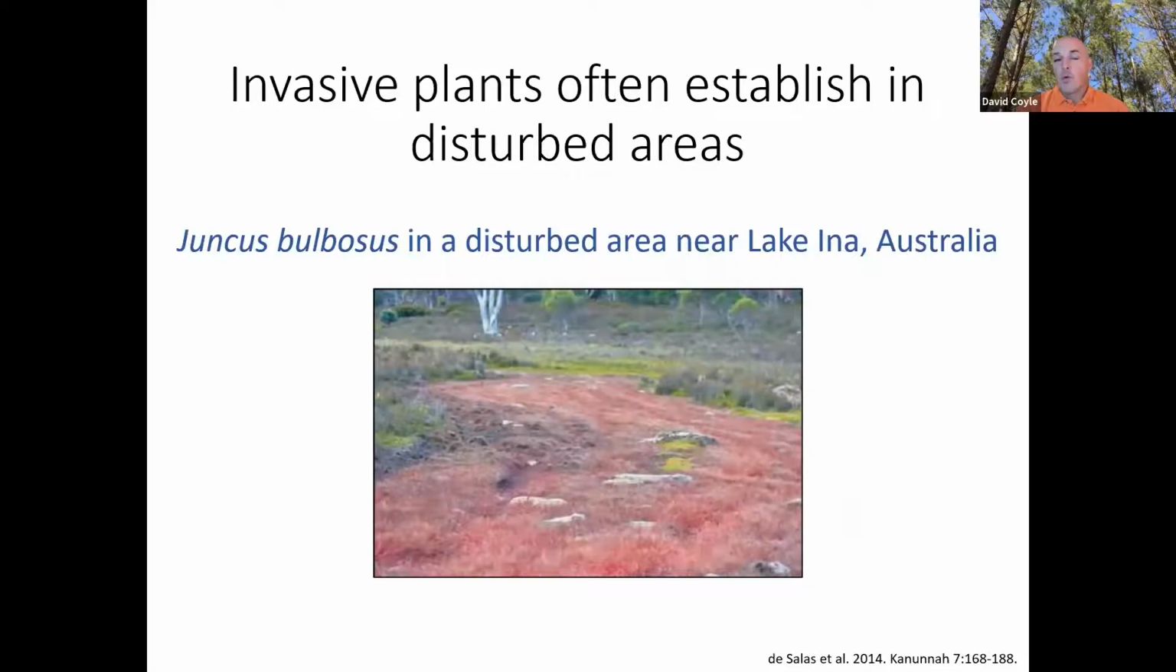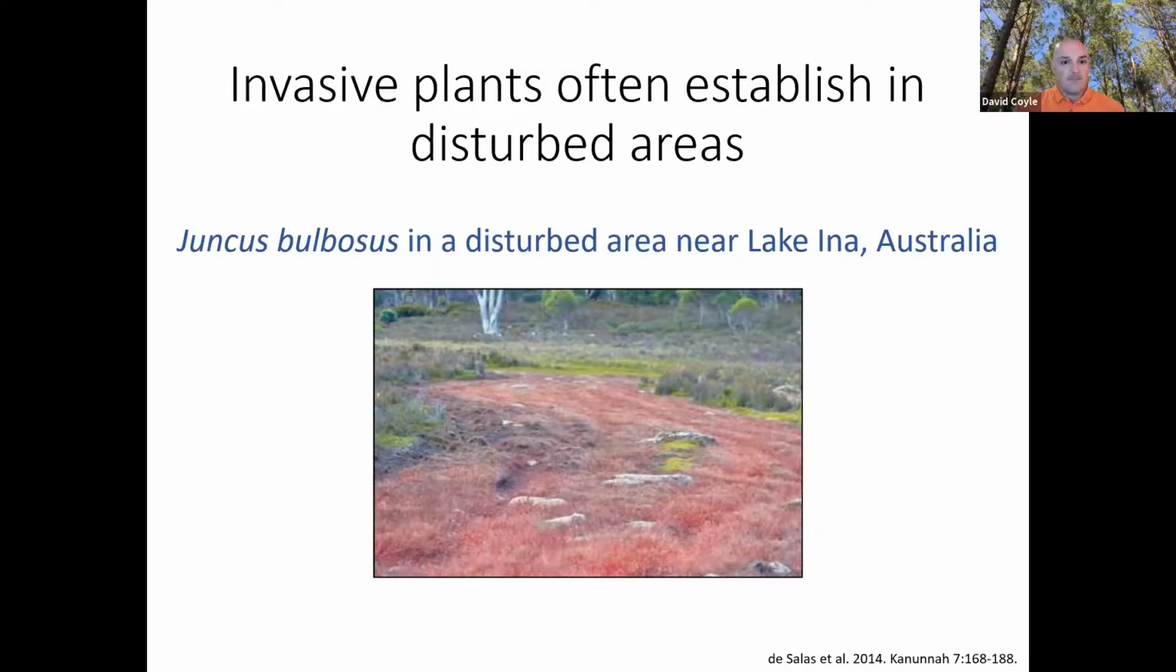And then they're quick to establish in very disturbed areas. This is from Australia. Juncus is an invasive plant down there, and you can see this was just a washout area that was colonized quickly and thoroughly by this juncus, right? That reddish plant. They grow so thick that nothing else can get in there, and it's just completely taken over